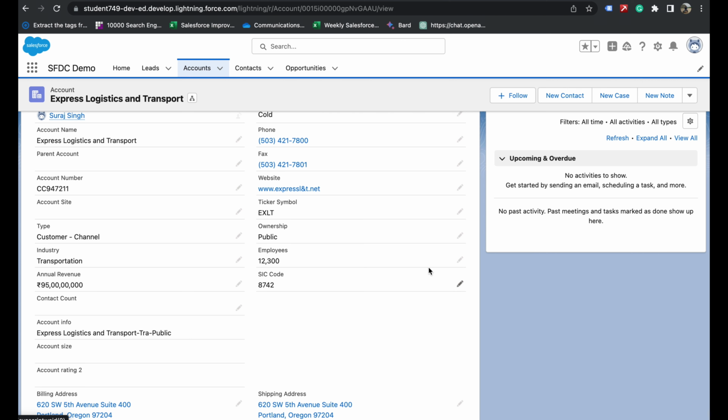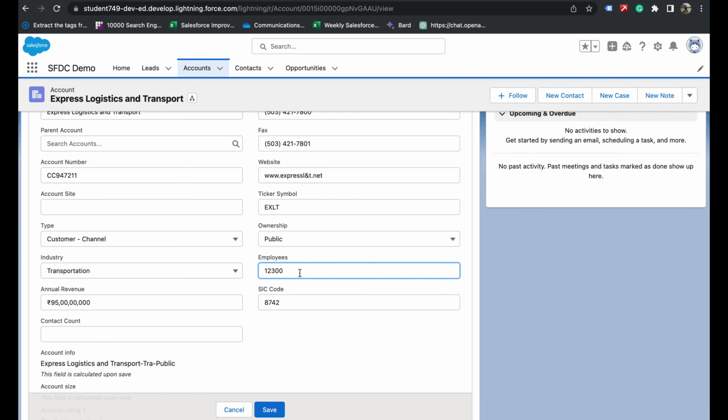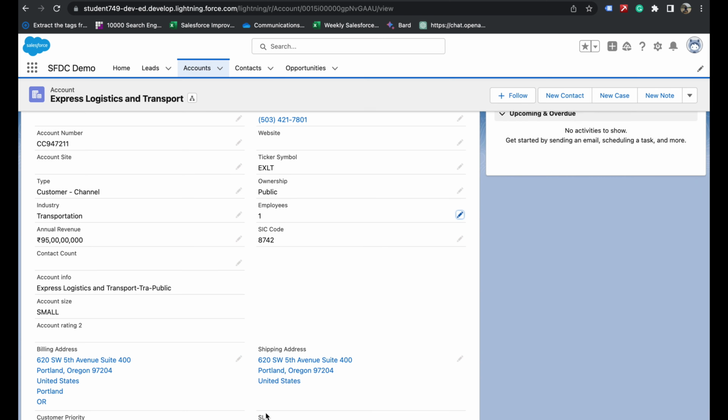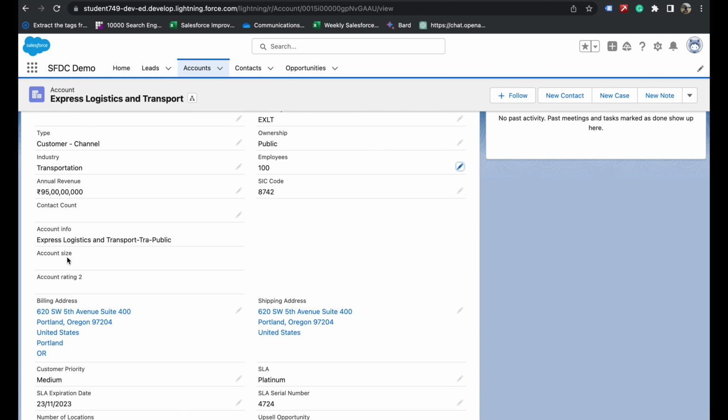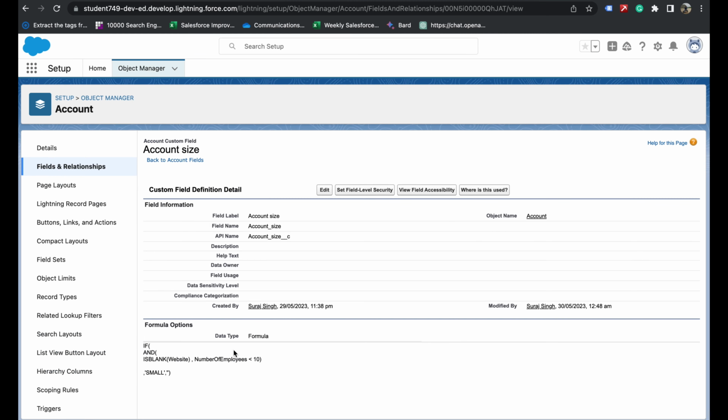So this is more than 10, so let's make it 1 and let's remove this. See, small. So the condition is if website is blank and number of employees less than 10, then account size should be small. If any of these conditions fails to be met, so let's update this, then this should be blank as we have defined in the condition with these single quotes. Okay,